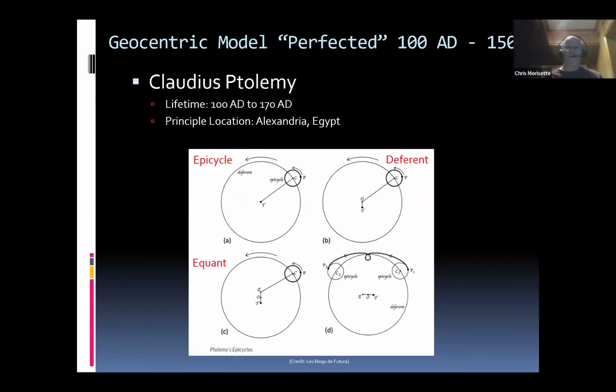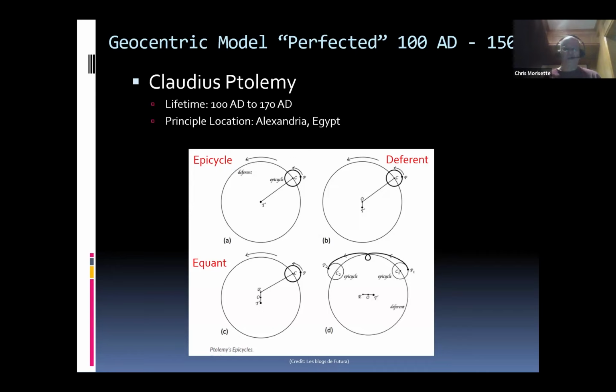So, let's talk about Ptolemy. Ptolemy was a Greek by lineage, but he lived in ancient Egypt and in Alexandria to be exact. And Romans actually had taken over ancient Egypt by that time. Cleopatra had been deposed, and Romans moved in and took over. So the thing that I want to talk to you about with respect to Ptolemy was, first of all, Ptolemy was an astrologer, so he was very interested in understanding the position of the planets at all times.